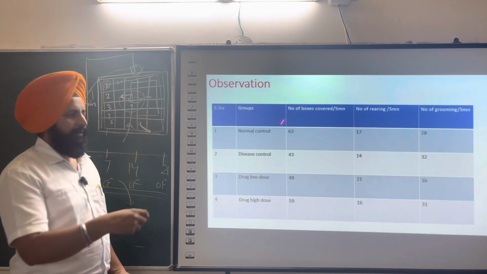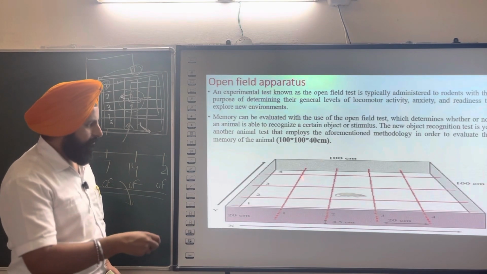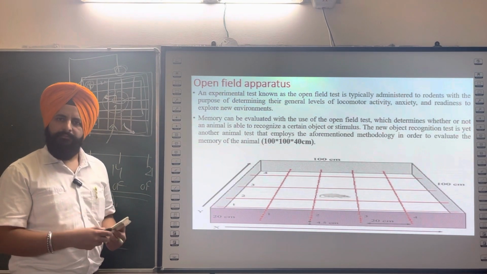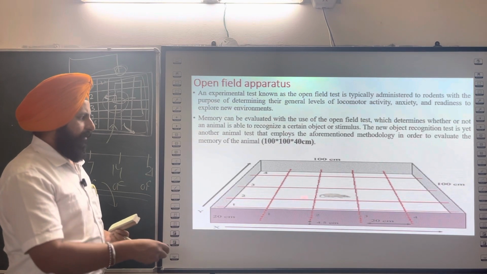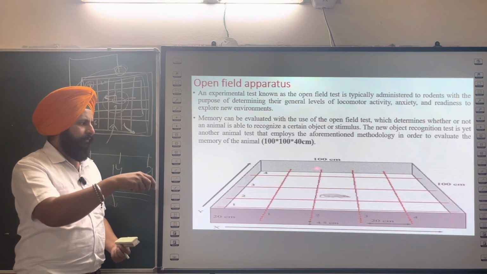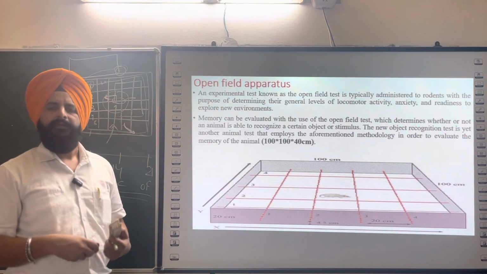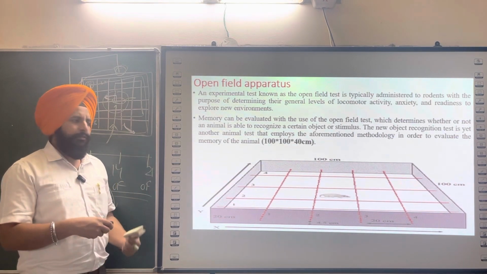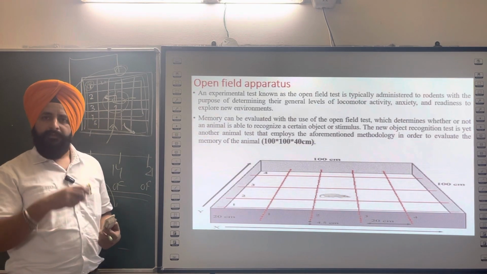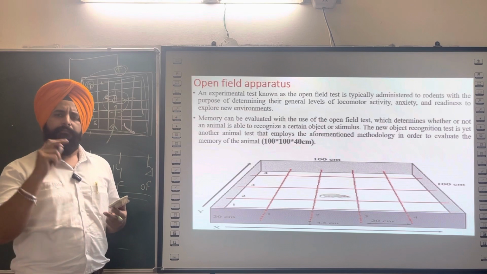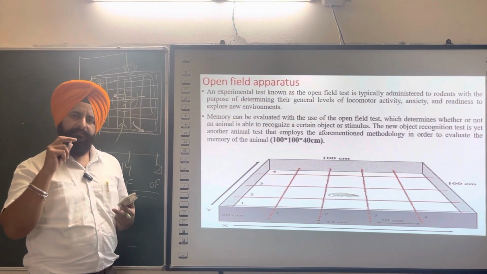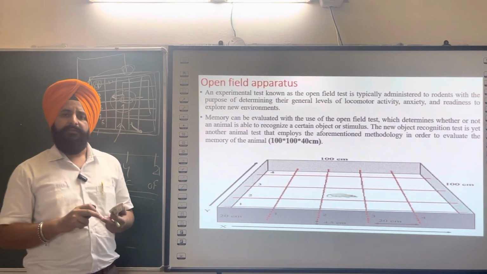So this open field apparatus which I have shown you here is a very useful apparatus because you can prepare or construct it in your own laboratory, using wood or some other material, and the lines can be drawn using any kind of marker or any paint. So this is a very simple apparatus that you can construct in your lab and you can perform the open field activity, locomotor activity, for many disorders: Parkinson's disease, anti-anxiety drugs, as well as traumatic brain injury and some other disorders.